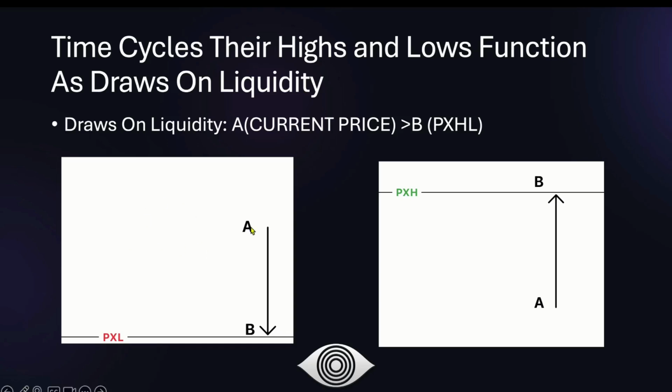But what we can see is that from point A right here, the market is drawn towards point B, which is the PXL. As long as that PXL is not taken out yet, we can look for shorts between the price range from point A to point B. If we would be looking for longs, we could go long anywhere in the range between point A to point B.